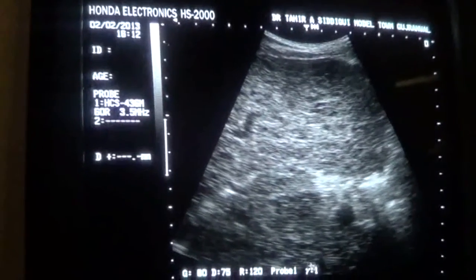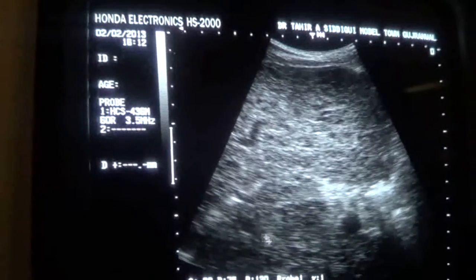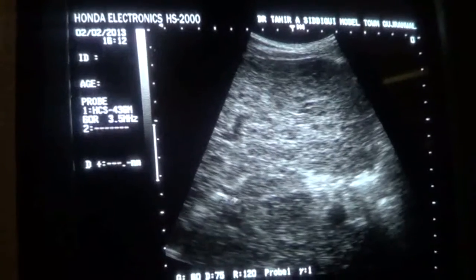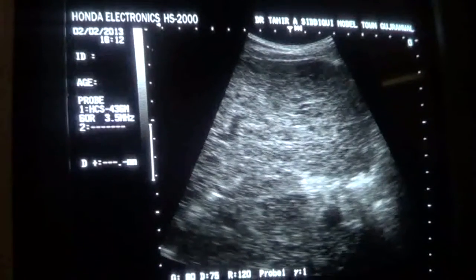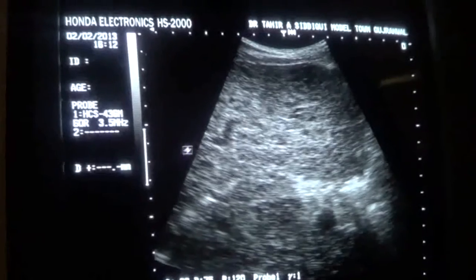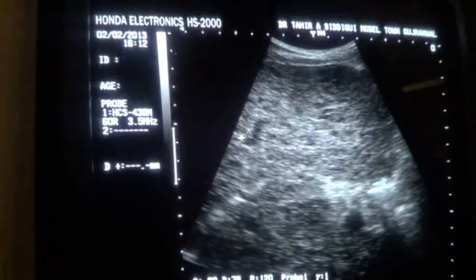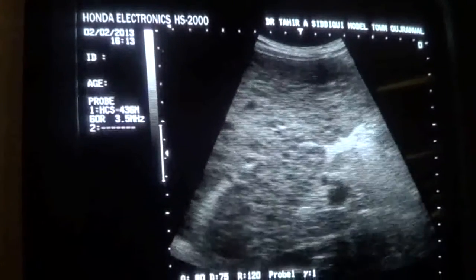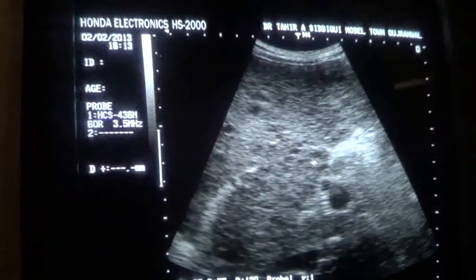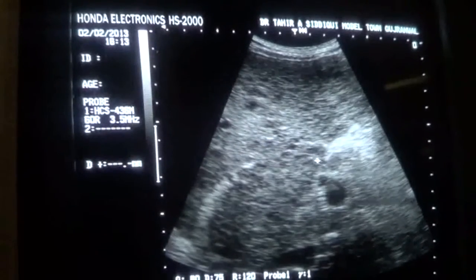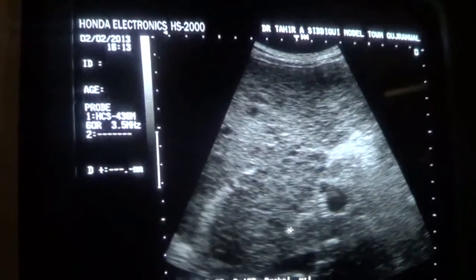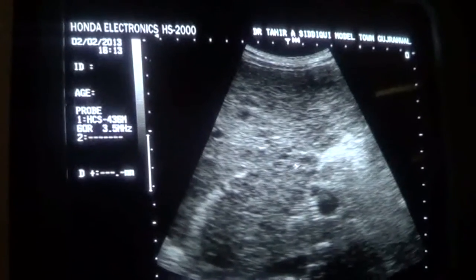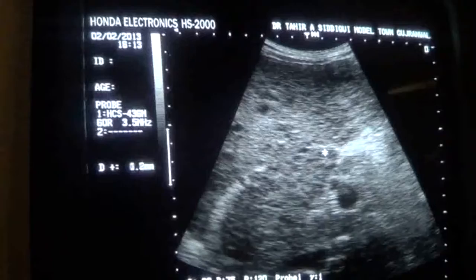This is the IVC coursing posterior to the caudate lobe of the liver. This is the caudate lobe, which is bounded anteriorly by the ligamentum venosum. This is the ascending portion of the left portal vein. Now, you see that the caudate lobe has 1, 2, 3, 4, 5, 6, 7, and you can go on counting like this. You are seeing multiple hypoechoic sub-centimeter focal lesions,